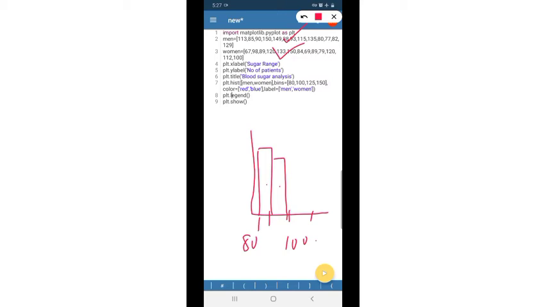It does not mean that this bar is from 80 to 90. No, it represents the number of data items in the range of 80 to 100 of the first data set, and this represents the number of data items in the range of 80 to 100 of the second data set.